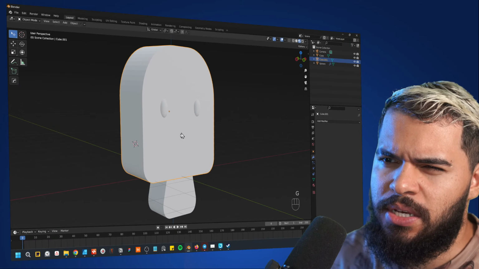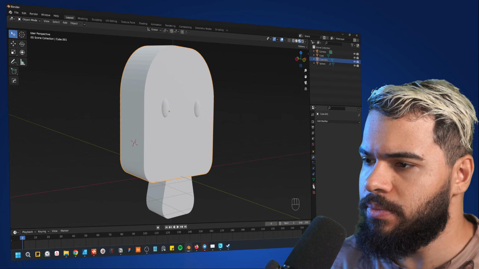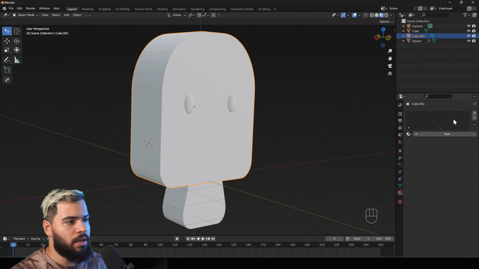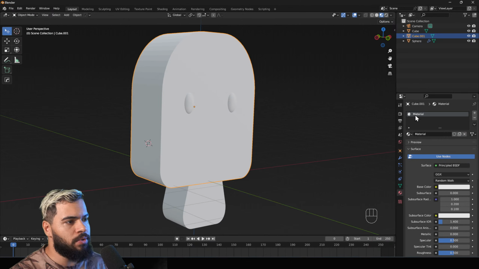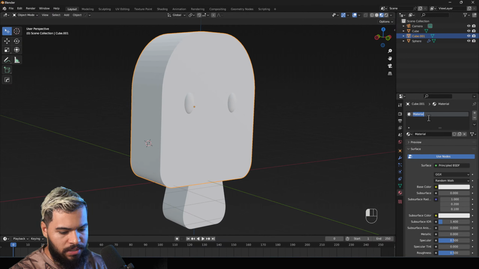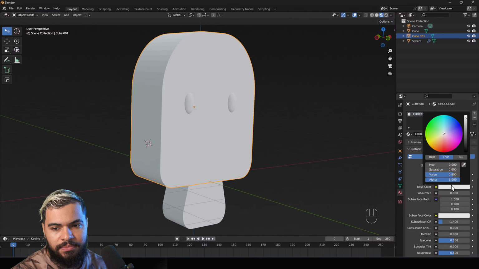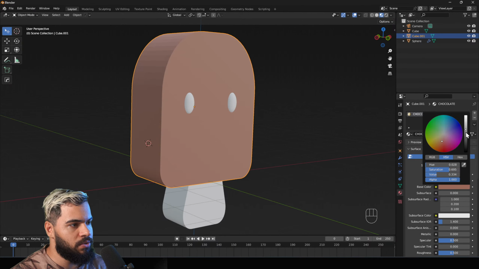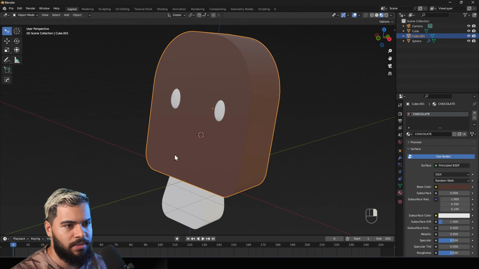You can select the object that you have here. Okay, let's start from the very big one. Click here on this material icon. Let me show you, material icon. Then you're gonna click on the plus icon. Click new. Okay, you're gonna have this material. We can call this, let's say, chocolate. And here you're gonna have the base color in this white area, this one here, you can see. And then I will change this to something that is related to chocolate. Oh, here we go. We have a color being applied over here. This is what I want.